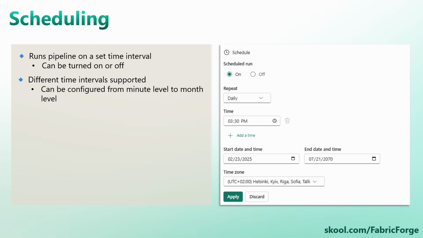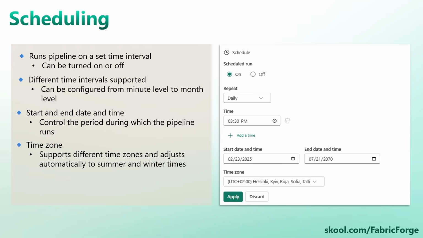Currently, both start and end date and time have to be defined, and those define the period during which the pipeline is active. The schedule also has the option to configure the time zone, which automatically adjusts to summer and winter times if that specific time zone uses those. Also, a good thing to mention here is that we have the possibility to configure triggers as well,